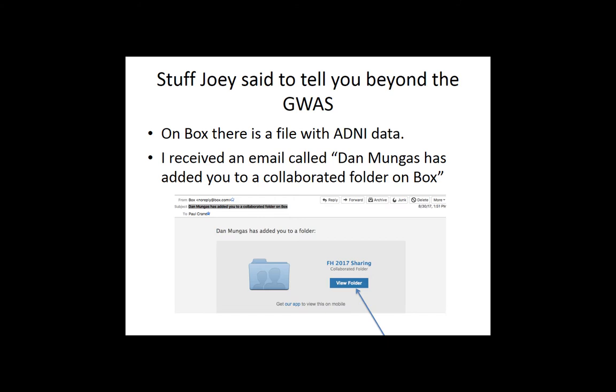And beyond the GWAS, stuff Joey told me to tell you. So on Box, there's a file with additional ADNI data. So I got an email that looked exactly like this that says, Dan Mungus has added you to a collaborated folder on Box. And I have this helpful hint here where there's an arrow to the view folder icon. And if one clicks on that,